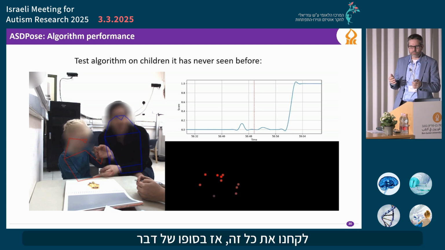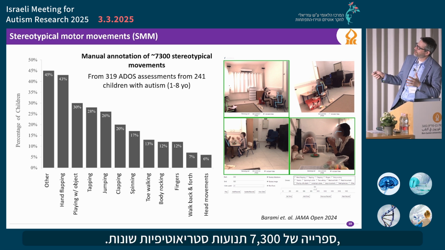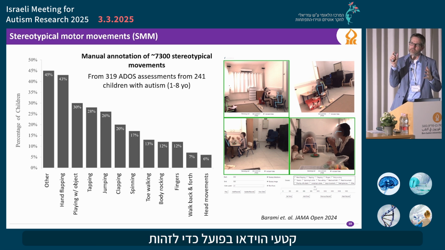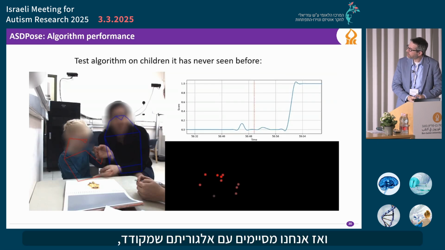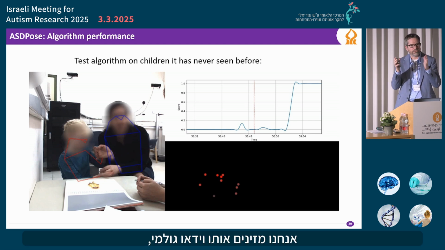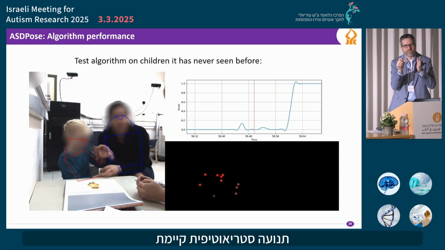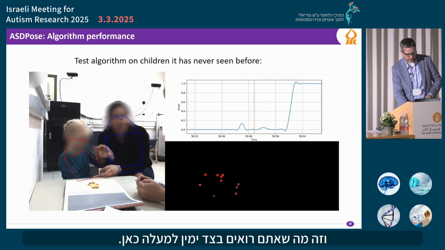We took all of that, so we ended up with a library of 3 or 4 years of work, a library of 7,300 different stereotypical movements. We do a bunch of AI magic. We train models, deep learning models, with the actual video segments to identify these kind of behaviors. And then we end up with an algorithm that scores. We feed it raw video, and it scores. It's a sliding window that scores whether a stereotypical movement exists in this window or not. And that's what you see on the top right here.